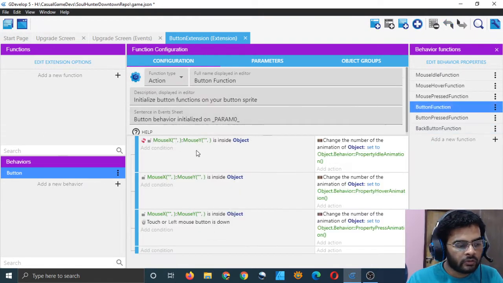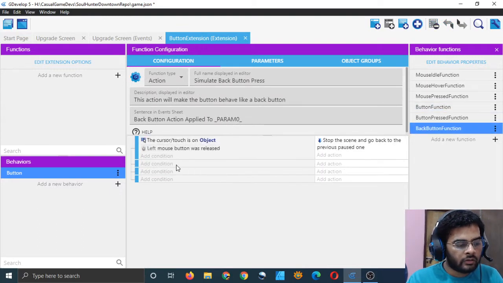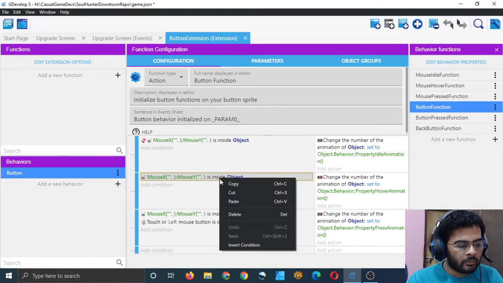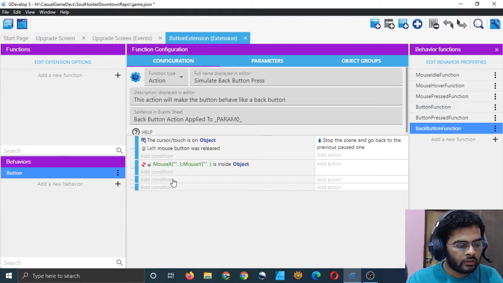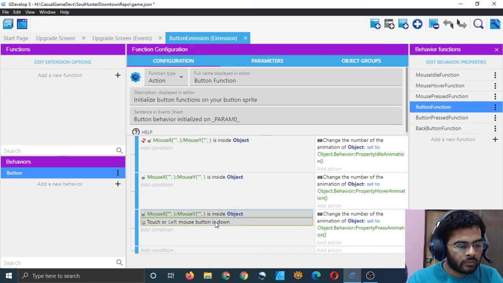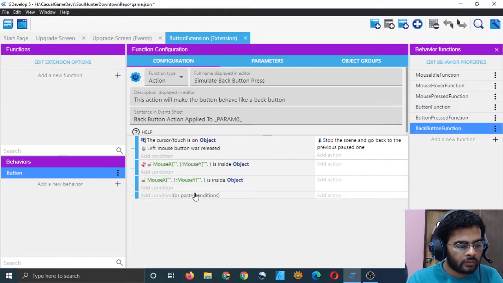Go to button function and just copy this, and then here just paste it, and again go here, copy this, and paste it in the second one, third one, and then go here, copy these two by shift select, and paste here.